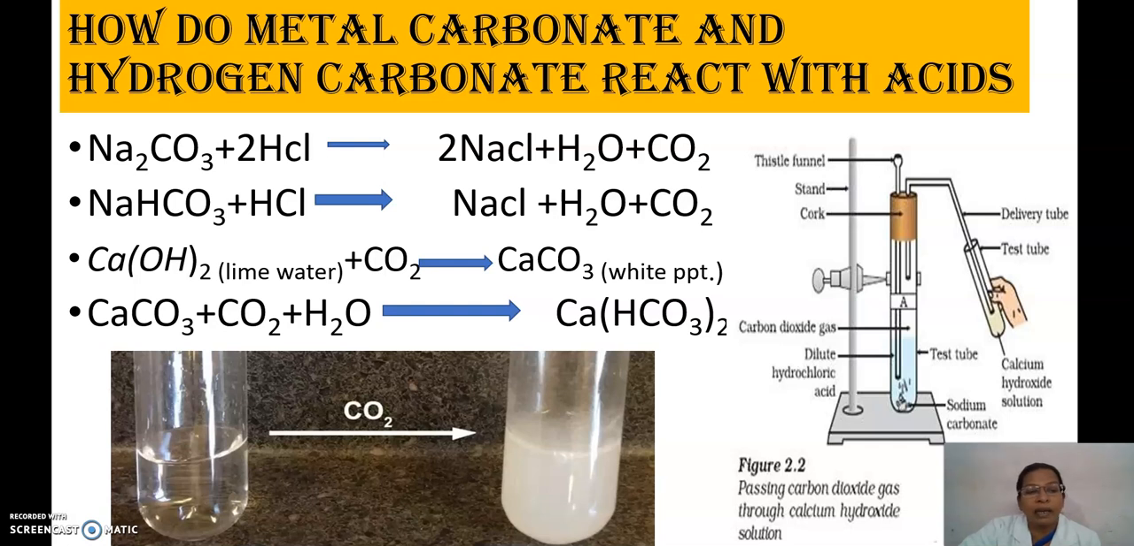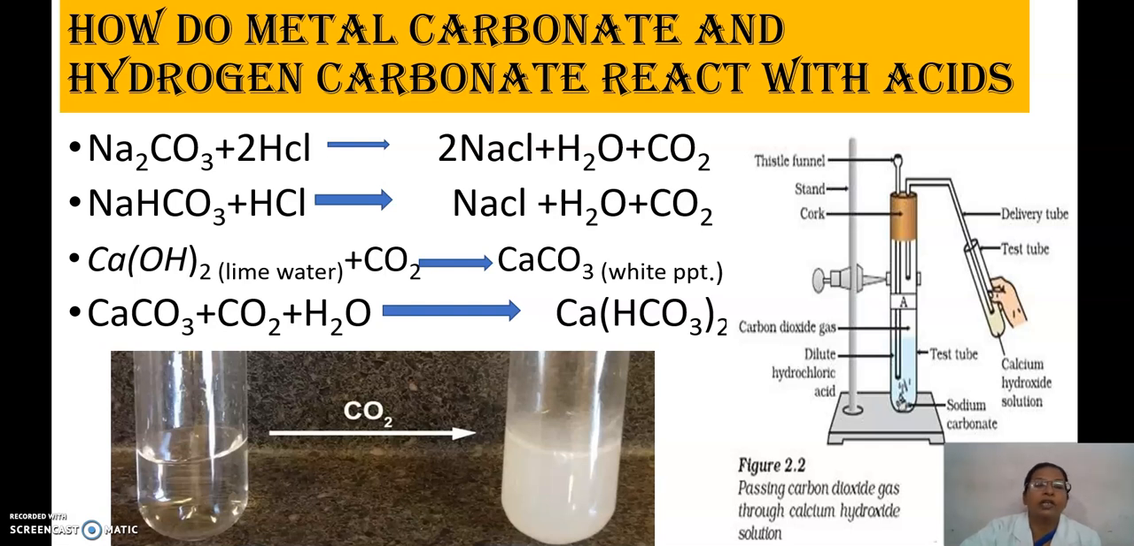Here, calcium carbonate again reacts with the excess of carbon dioxide, and the product formed is calcium bicarbonate or calcium hydrogen carbonate. It is dissolving. So the white precipitate is becoming a clear solution. So this is the standard test for testing whether the gas formed is carbon dioxide or not. So you can see in the picture, it is very clear. The calcium hydroxide before mixing with the carbon dioxide was a very clear solution, and after mixing it becomes a white